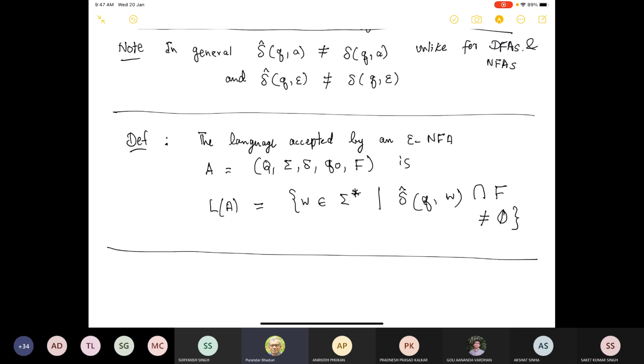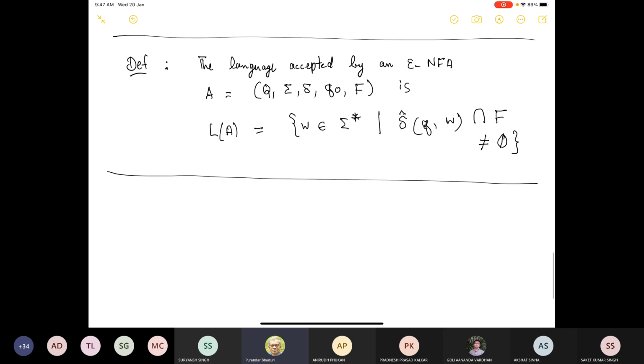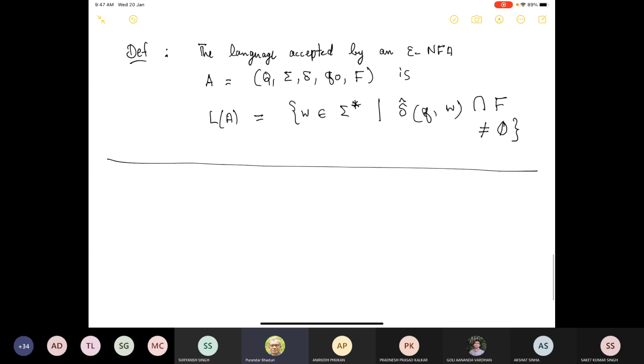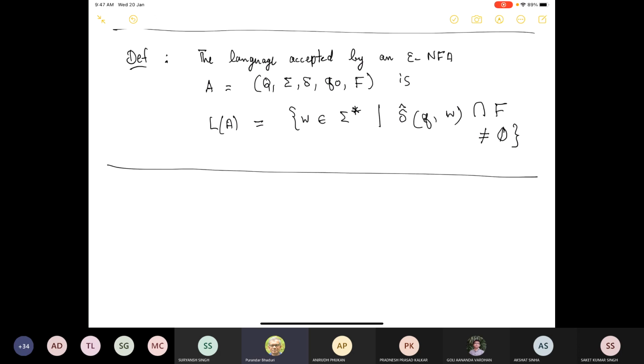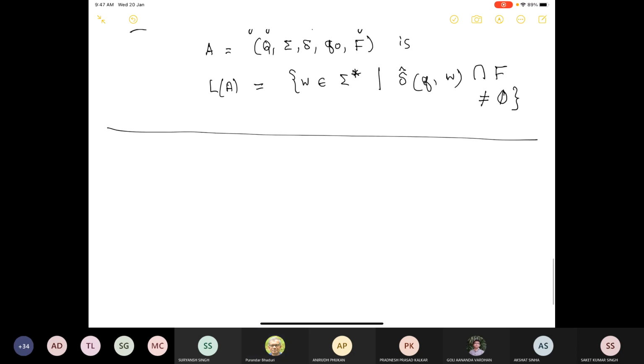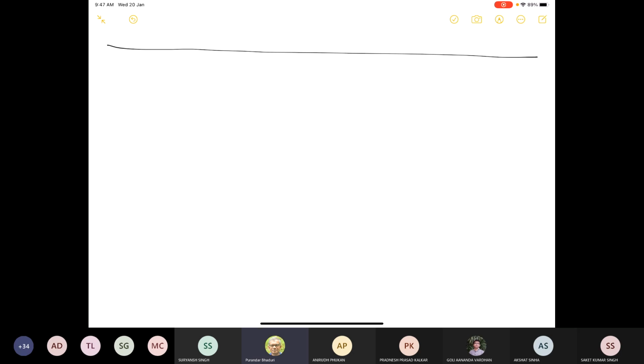There's nothing new here. It's the same as for NFAs, except the definition of delta hat is different because it involves epsilon closure, as we just saw. And intuitively, this captures our idea of the meaning of an epsilon transition. Okay. Maybe you need to work on a few examples, and you'll find plenty in the book to test your understanding. But let us move on